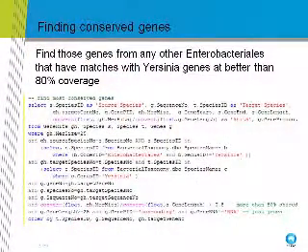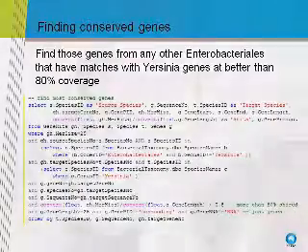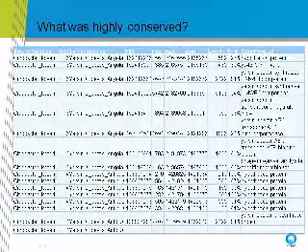A nice simple query. I'm interested in the Yersinia, the Black Death bug, and it's in the Enterobacteriales order, and I want to find out what similarities there, what genes are highly conserved in that family, taking Yersinia as the thing, and that does it. I just go and run that query, and I get some answers. There's a small part of the answers. So the table's a bit longer than that, so I just took a bit of it.